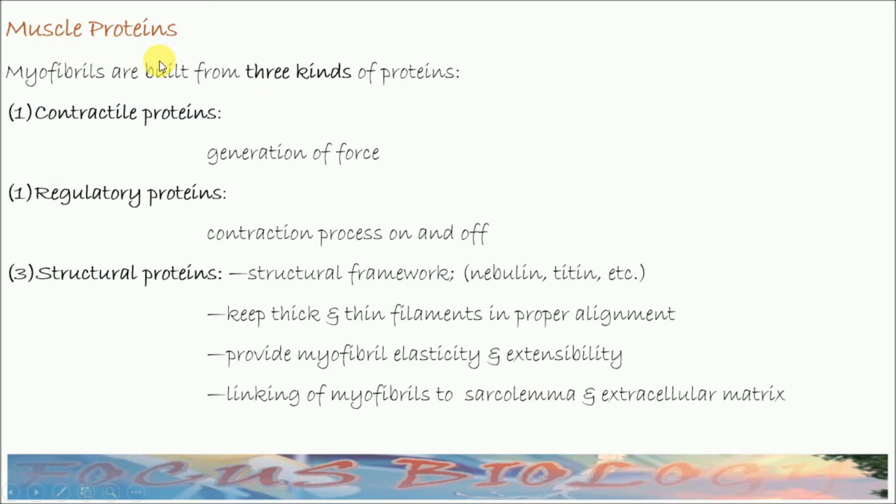Muscle proteins. Now, myofibrils are built from three kinds of proteins. They are contractile proteins. They are able to generate force. It means they are responsible for force generation. Second, regulatory proteins. They are responsible for on and off process of muscle contraction. Third type,